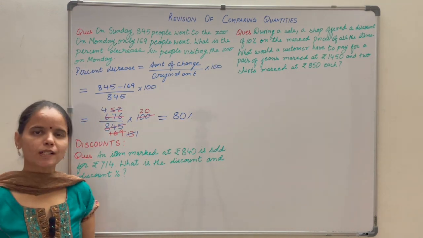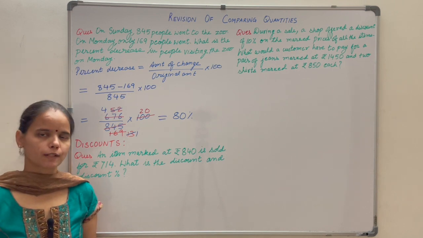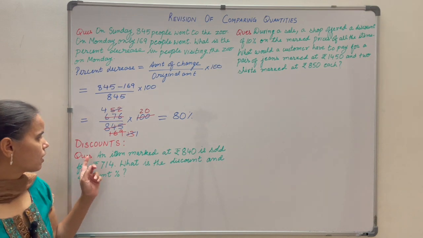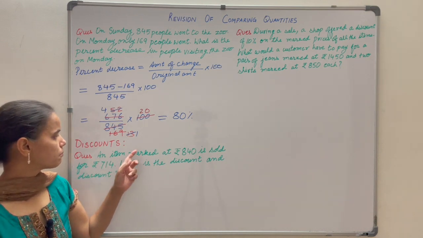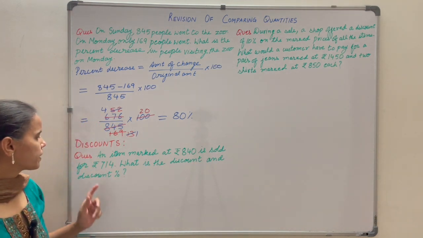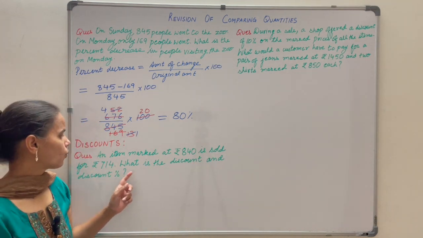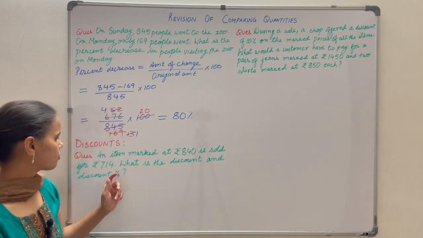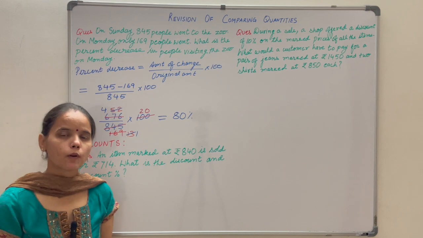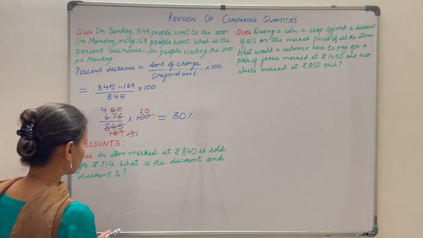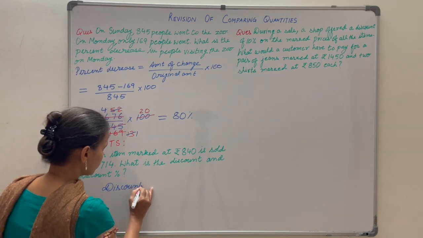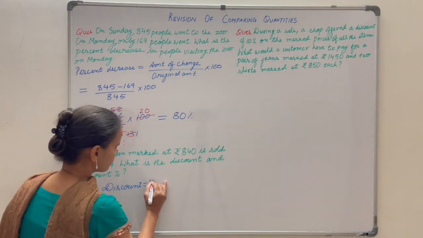Discount. Discount is the reduction given on the marked price of the article. To understand this concept, let us take this question. An item marked at rupees 840 is sold for rupees 714. What is the discount and the discount percent? So discount is on marked price. So what is the discount formula here? The discount formula is discount is equals to mark price